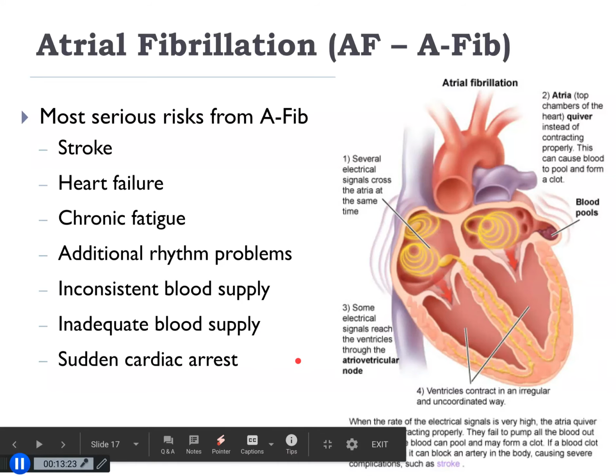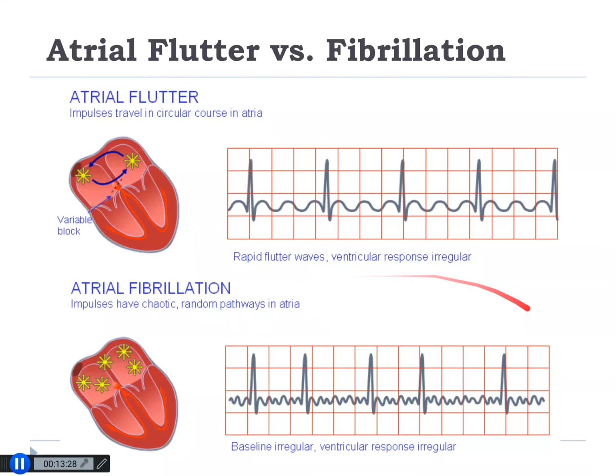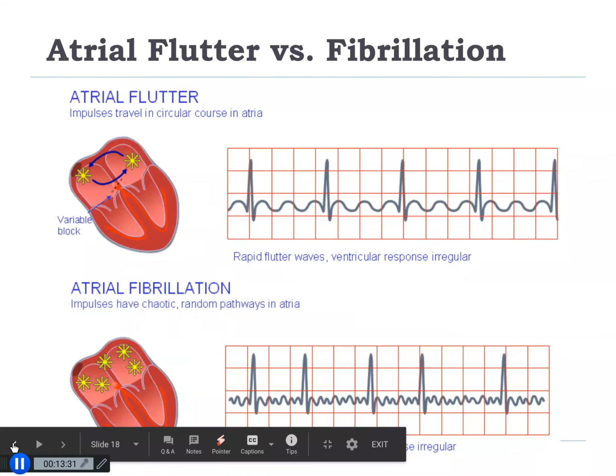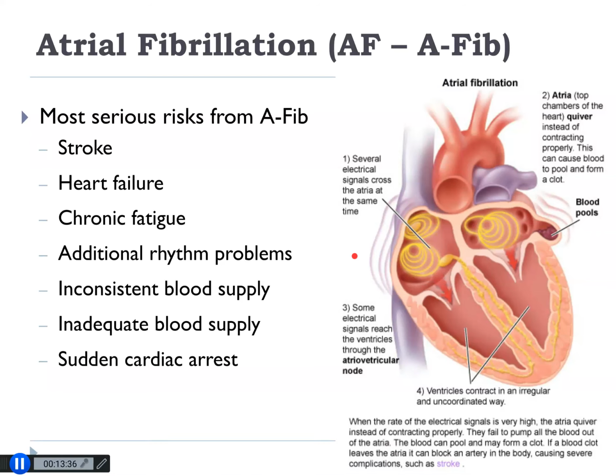So typically, let's see if we have the treatment here. No. So typically we would treat a patient with anticoagulation to, quote, thin the blood, unquote, to keep them protected from a stroke or a clot. And then you treat the fast heart rate, usually with anti-arrhythmic medications or a beta blocker, something to slow down the heart rate and keep it controlled.